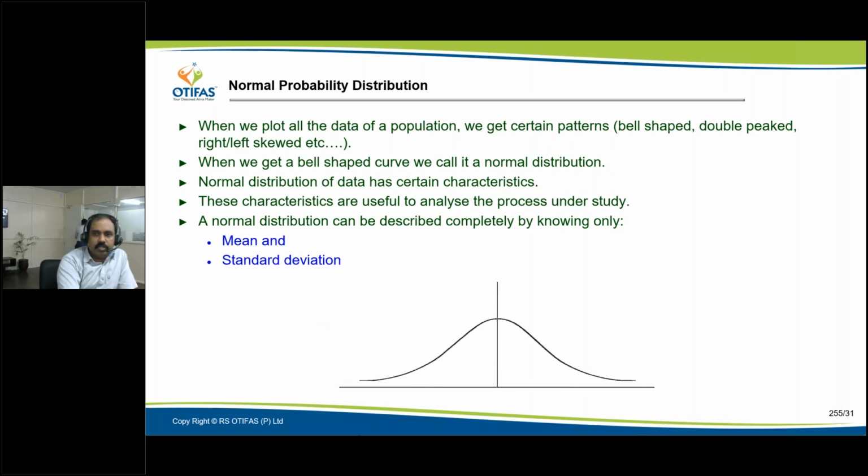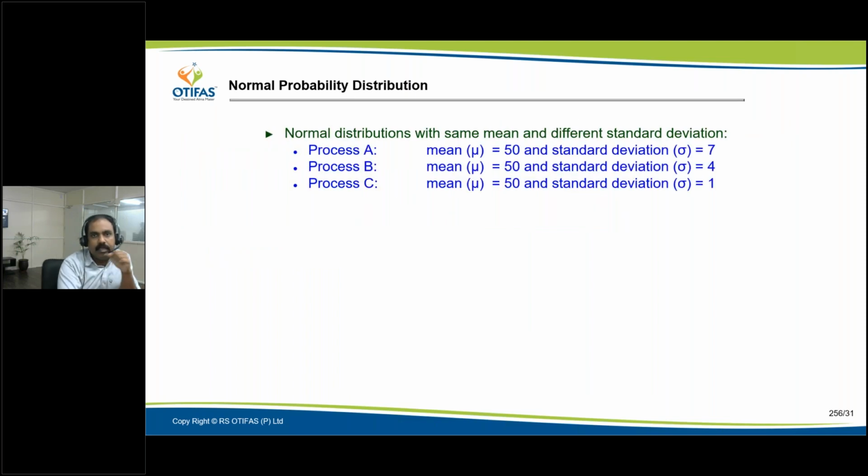So the two things that we require for describing a normal distribution are mean and standard deviation. When you have mean and standard deviation, you can describe the normal distribution, and you can predict many things with this. Now let us compare three different